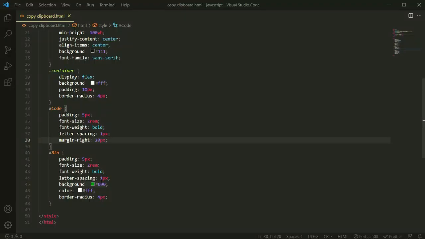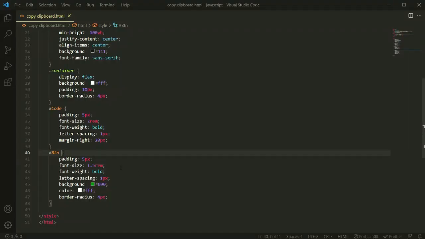You can see the viewport is like this, but this text is big. So let me decrease the font size for the button text. So here it is 2 rem, so I will make it 1.5 rem. So this button text is a little bit smaller, but it is this width, so let me fix that.